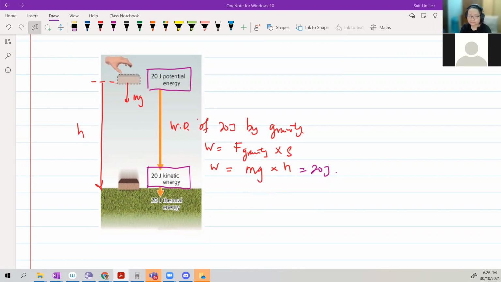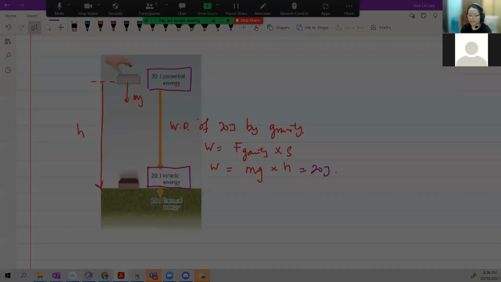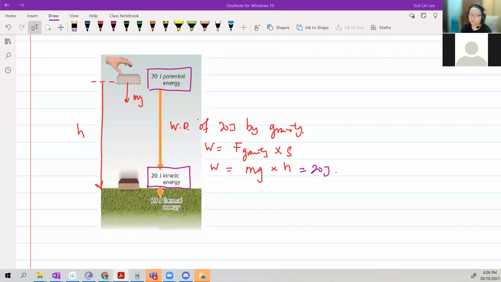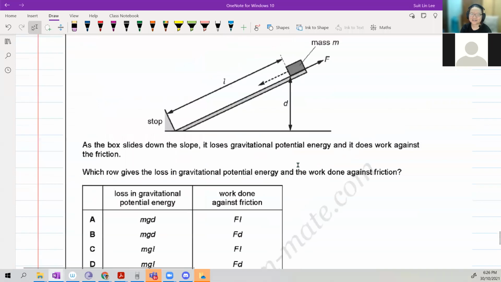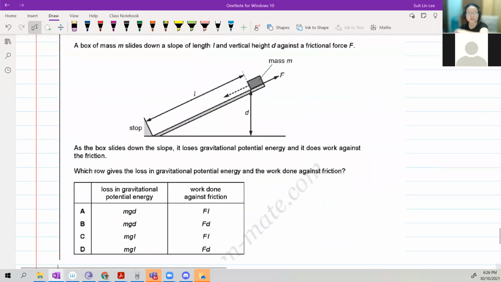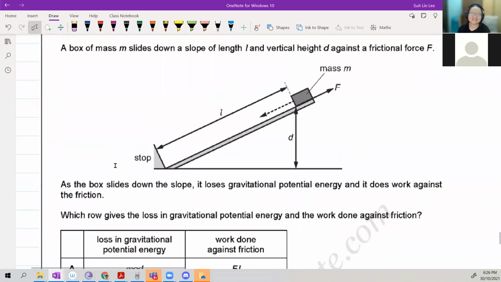Okay, we're going to look at a slightly complicated example. Slightly, don't be scared. Which is this one. So here we have a mass M, and it's going to slide down the slope. So you're the UPS guy, you want to deliver the shopping that your parents bought. I don't know what they bought. Mixer. Lawnmower. Okay, so the box is sliding down the slope.